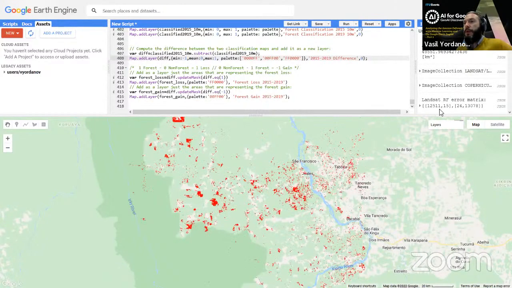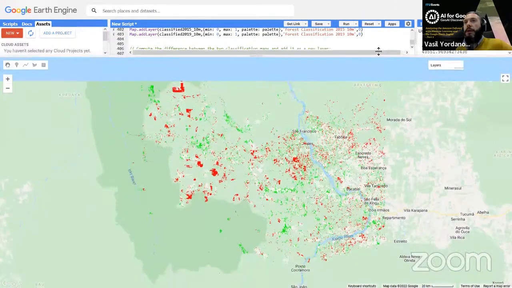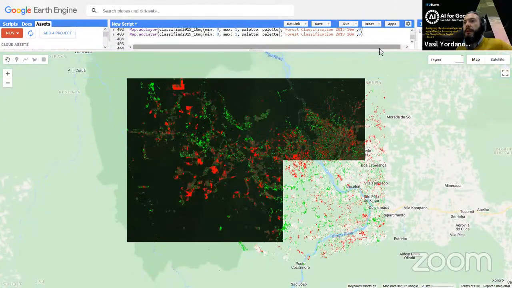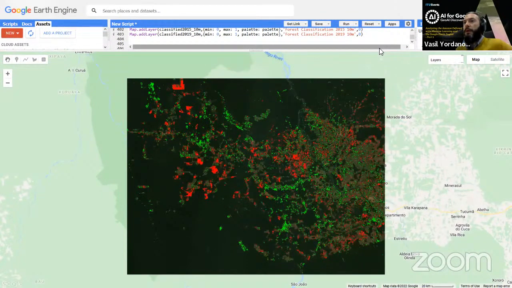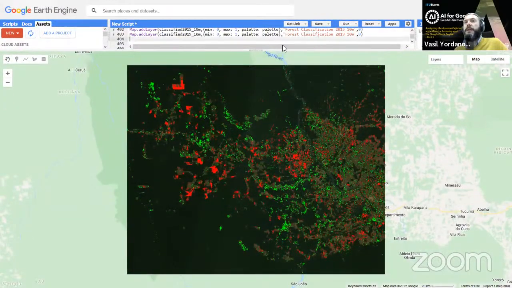You see that the task is loading, so it is better, we can put as a background, let's say as a base map, Sentinel 2019. So we have it. We clearly defined the areas that are affected by severe deforestation, and actually those that have recovered. And we can compute also those areas. If we continue with the slides,